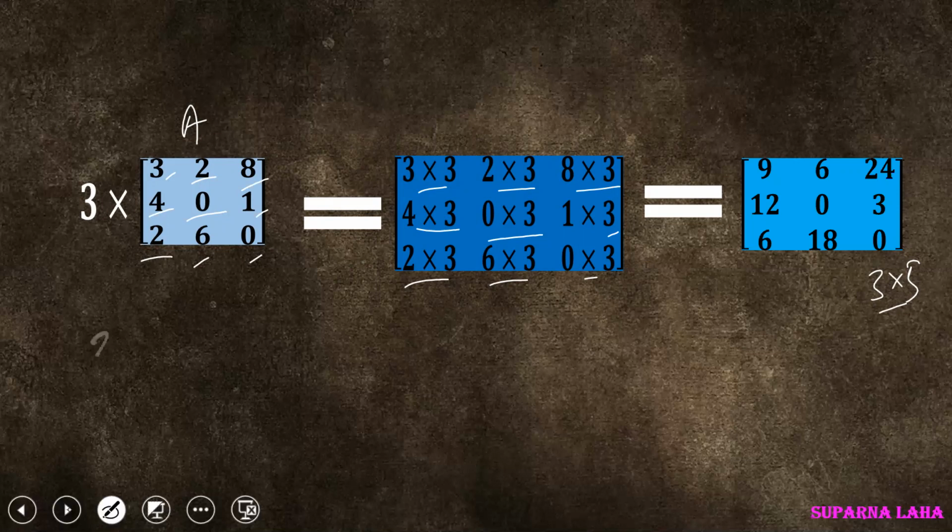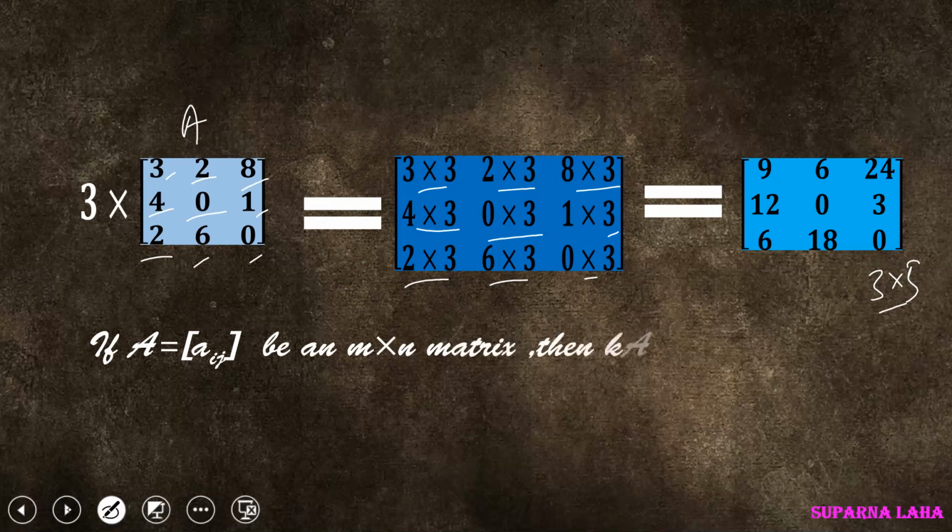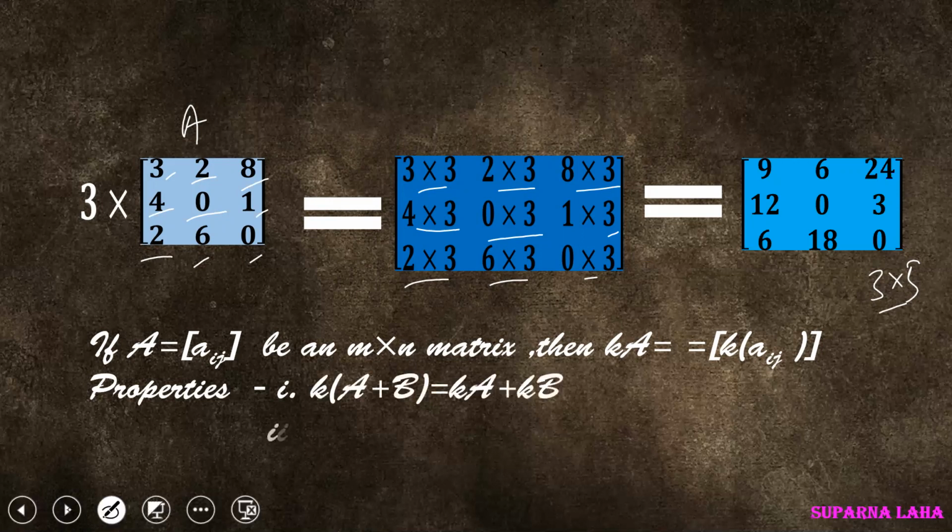So if you want to say that in a general way, any matrix we can take, of any order, not a particular order. You don't have to take a square matrix or a particular rectangular matrix, you can take any matrix. Then multiply with a scalar, it will look like that. Definitely it is of the same order, that is m cross n order. And you know that these two properties hold for multiplication. There is nothing to explain, you all know that.